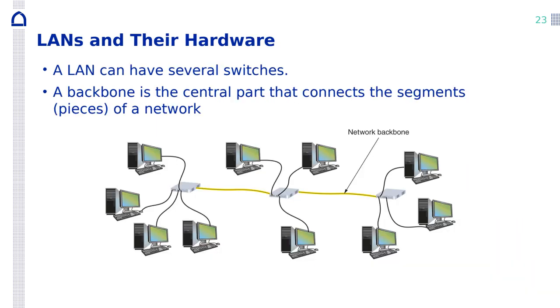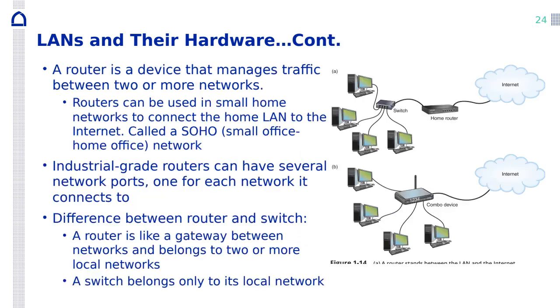This is the LAN here. We have extended LAN. The switches are connected with a network backbone. اللي هو هذا الكابل backbone. Okay. What are the hardware devices also used? We have the switch. We have the router. The router will connect different LANs together. We said the door, like the gateway. And the router has several network ports, one for each network. The difference between router and switch: a router is like a gateway. A switch belongs to only its local network. تمام؟